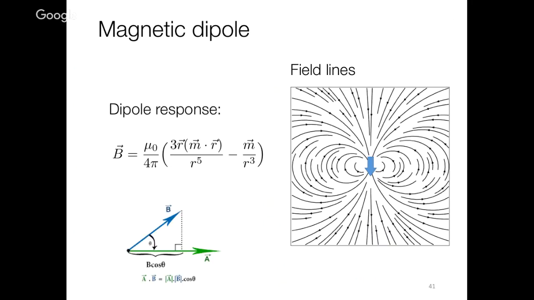So here's what it looks like. If you actually were able to draw the magnetic field lines from here, so here's your magnet, the field lines emanate from the North Pole and go into the South Pole. This is actually a mathematical description. This is how you would